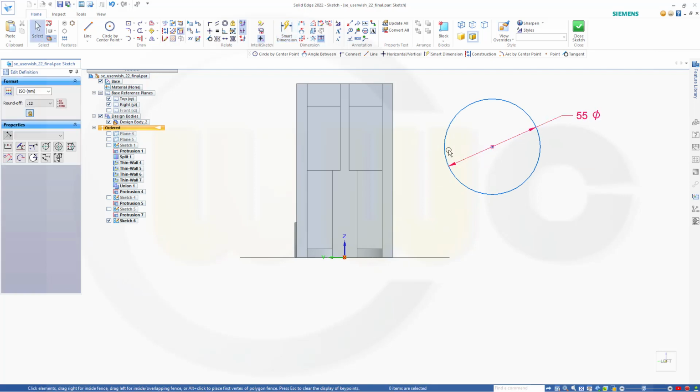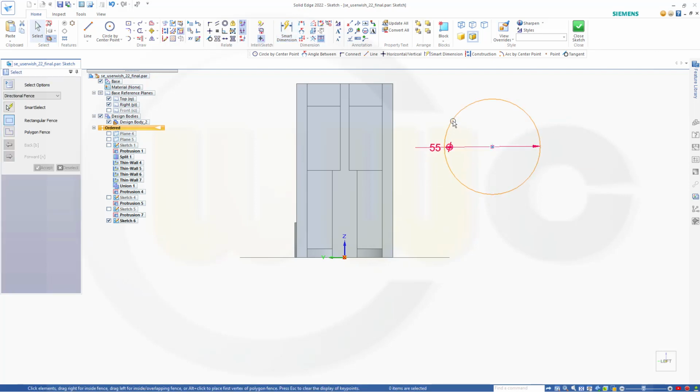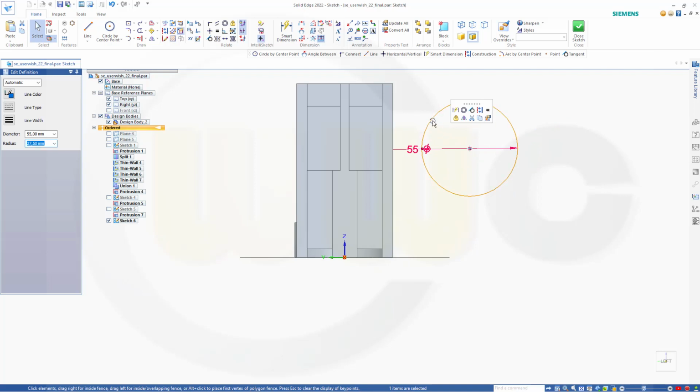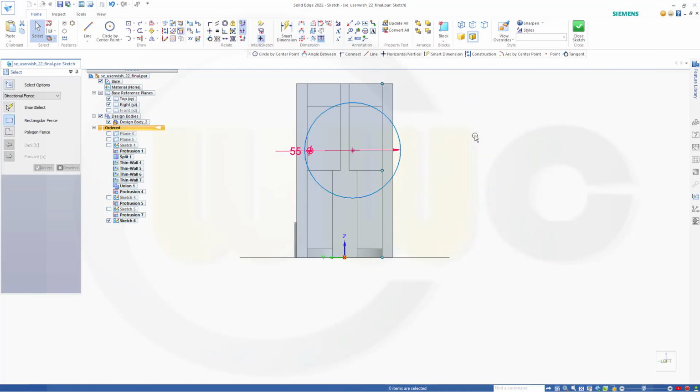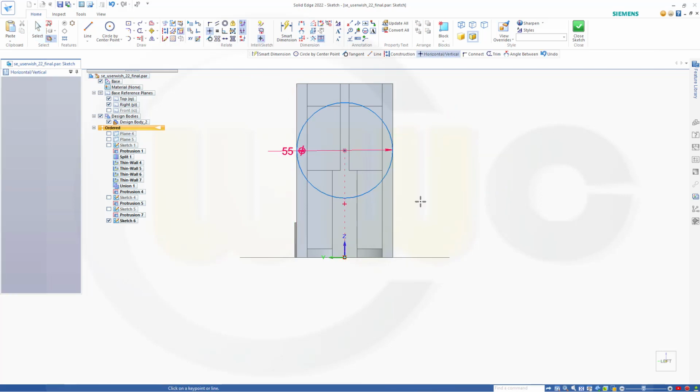Now this should be aligned with that point here, so go for horizontal and vertical, this point with that point here, and this also might be coincident in plane 5, so go for coincident, this point here and that plane. Great, close that sketch,